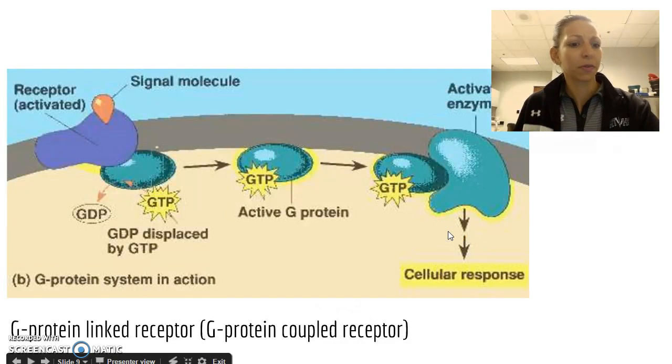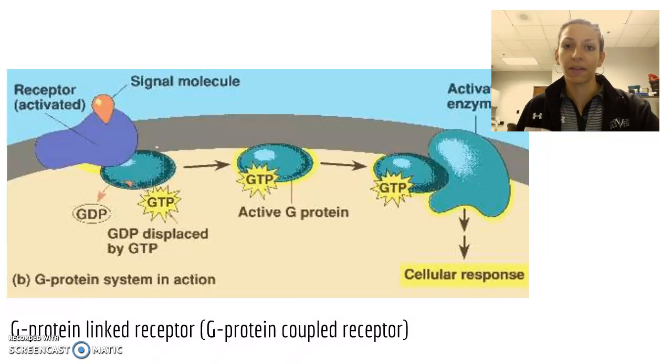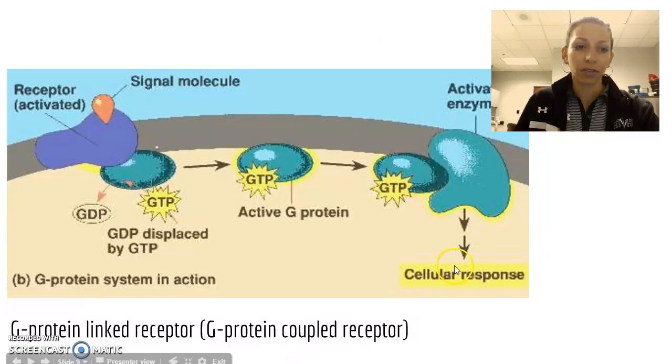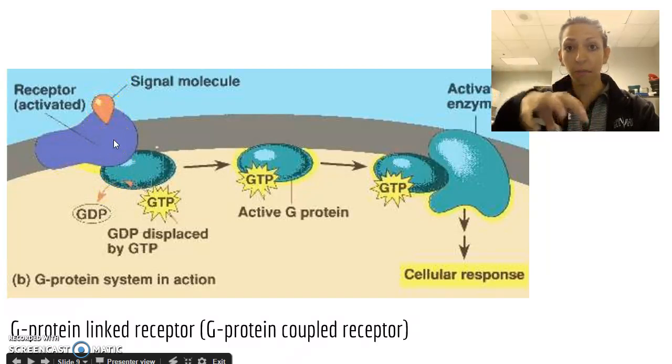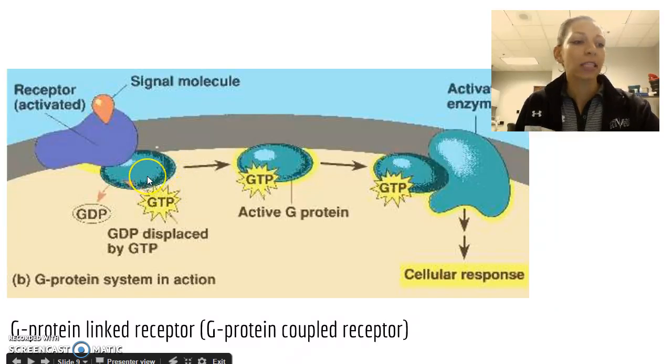Let's go over a few examples. We've already talked about G-protein linked receptors, or G-protein coupled receptors, in class in our example with the different phenotypic variations of the mouse and the mice fur. With this particular type of signaling, we have our signal molecule, which is our ligand, binding to the receptor, which is a membrane-embedded protein, and then activating our G protein here, or phosphorylation happens, which is our activation of our G protein, which is then going to phosphorylate the next protein, activate an enzyme, and then solicit this cellular response.